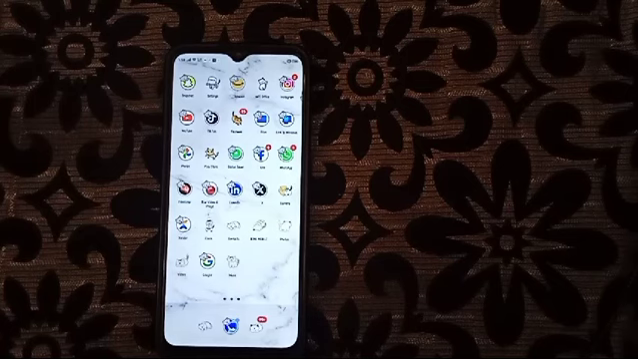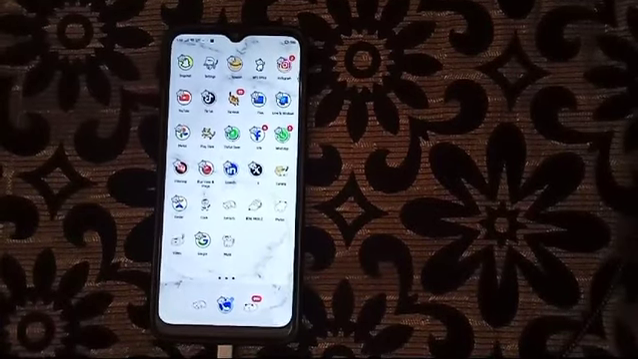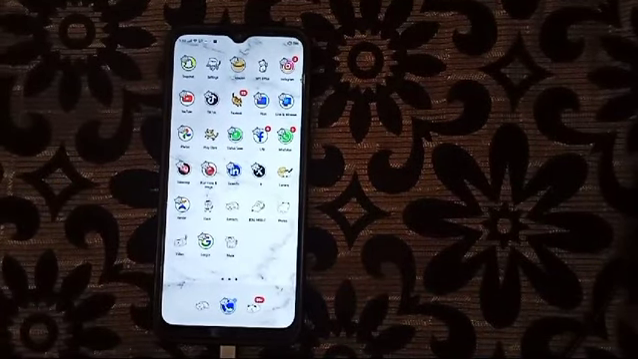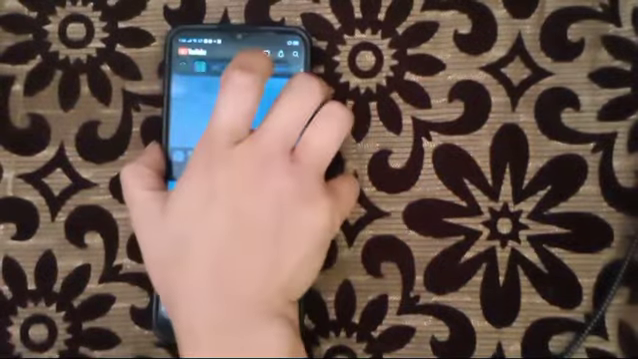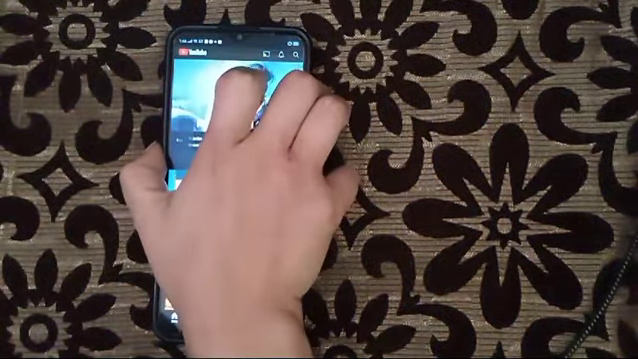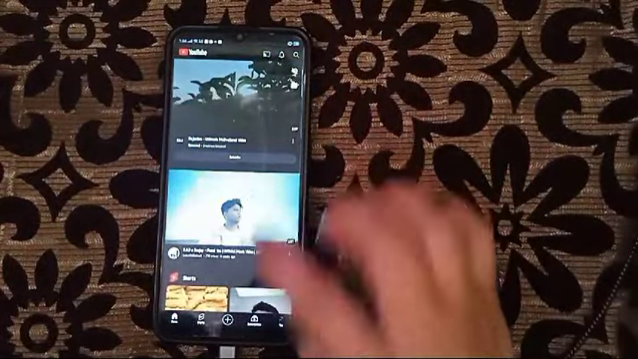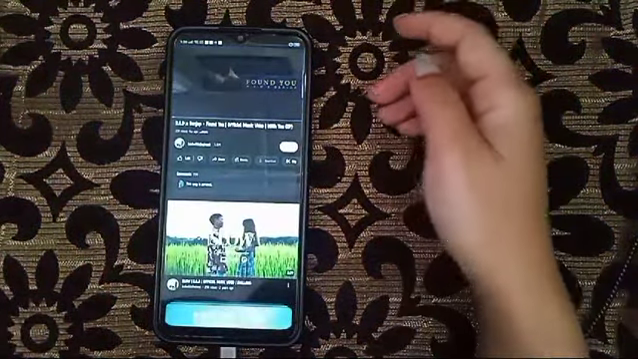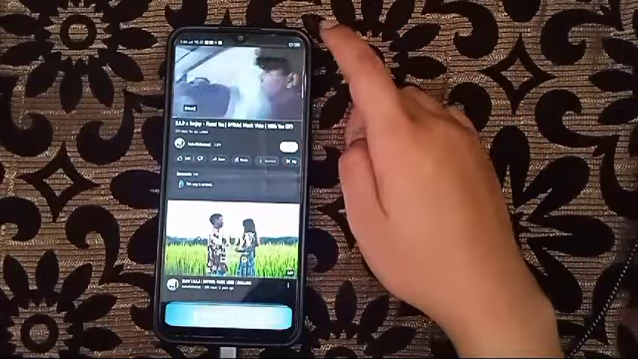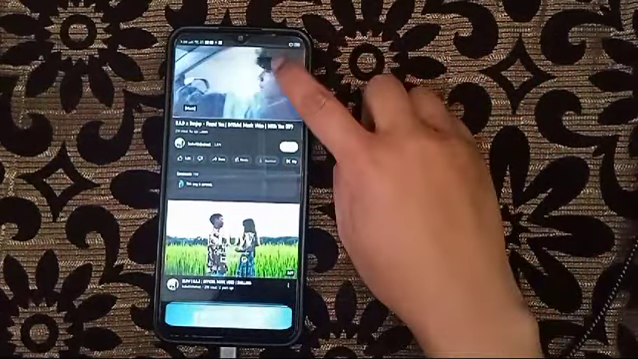So now I'm going to show you how to make YouTube video slow motion in Oppo. So first we will click the YouTube app, and then from here we will click any video you want, just click it. And then from here you have to click the settings. You have to click the settings there,